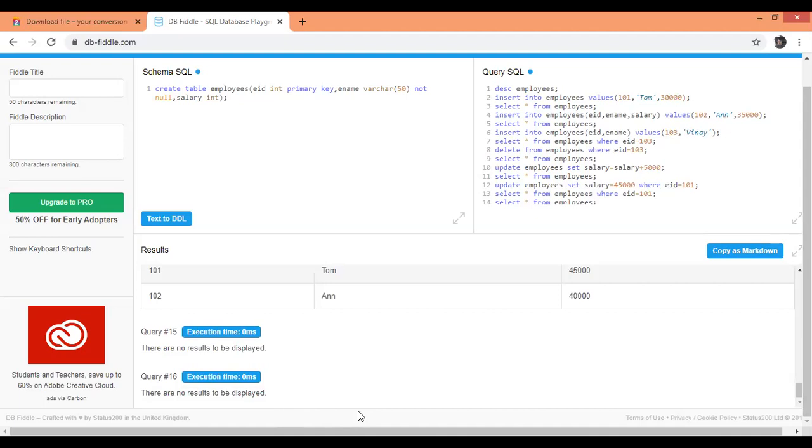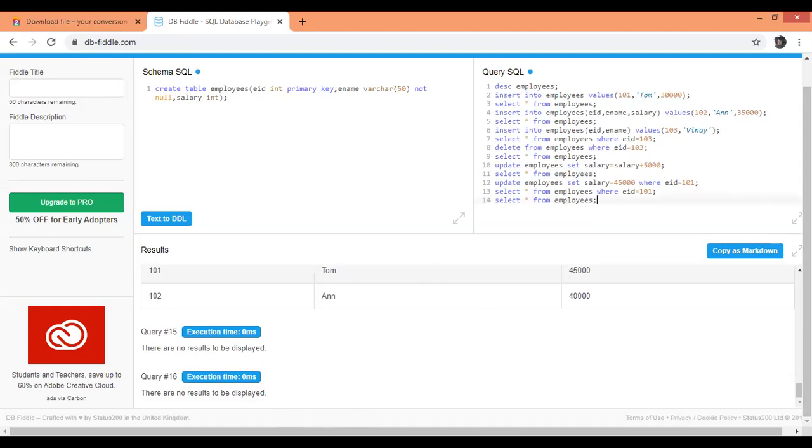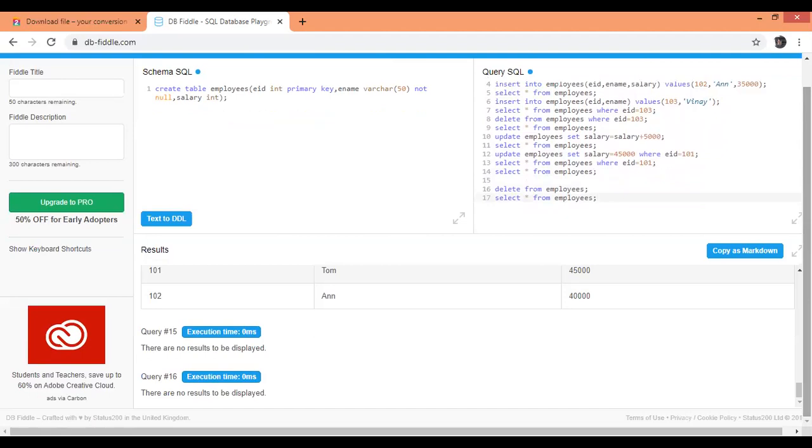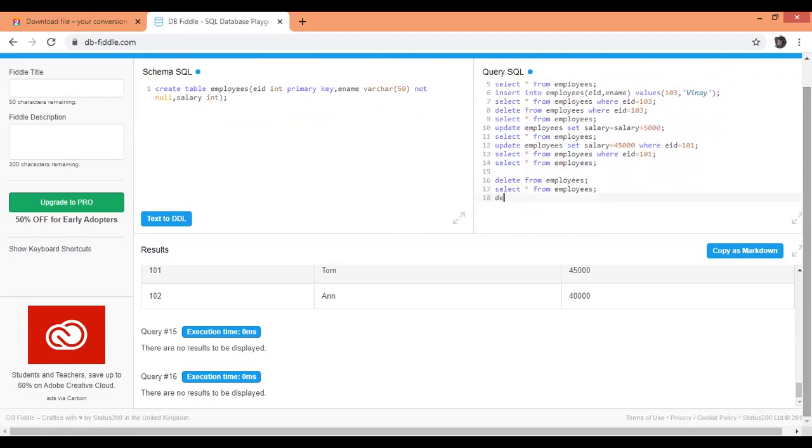No results to be displayed because the entire table is deleted. Now let me check one thing. Let me describe this table, whether the structure is there or not.